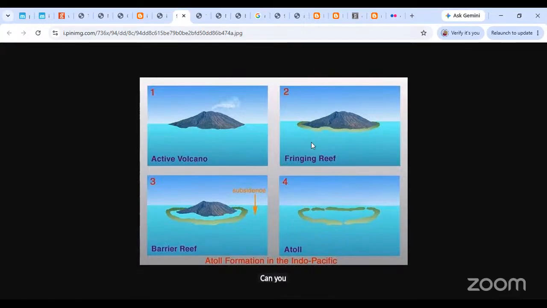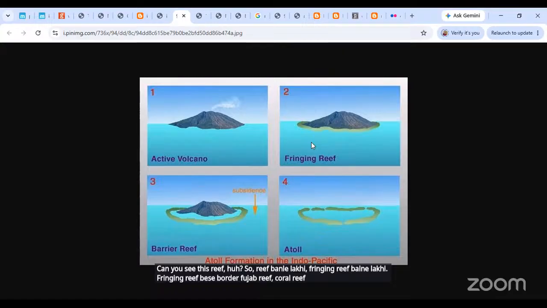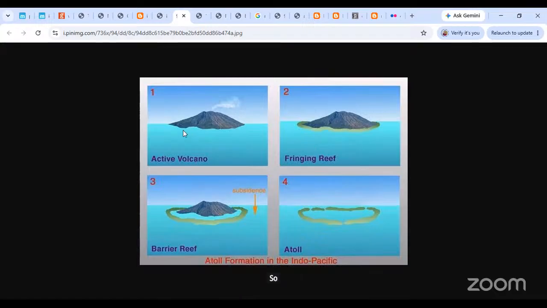हाँ, तो रीफ बनने लगती है, फ्रिंजिंग रीफ बनने लगती है। फ्रिंजिंग रीफ मतलब ऐसे बॉर्डर को जब रीफ, कोरल रीफ्स बनना शुरू हो जाते हैं तो उसको फ्रिंजिंग रीफ बुलाते हैं, ओके। फ्रिंज क्या होता है? बॉर्डर। किसी भी चीज का जो बॉर्डर होता है उसको फ्रिंज बुलाते हैं। सो वी आर सेइंग कि उसके आजू बाजू जब रीफ्स, कोरल रीफ्स बनना शुरू हो जाते हैं तो उसको फ्रिंजिंग रीफ बुलाते हैं, ओके।